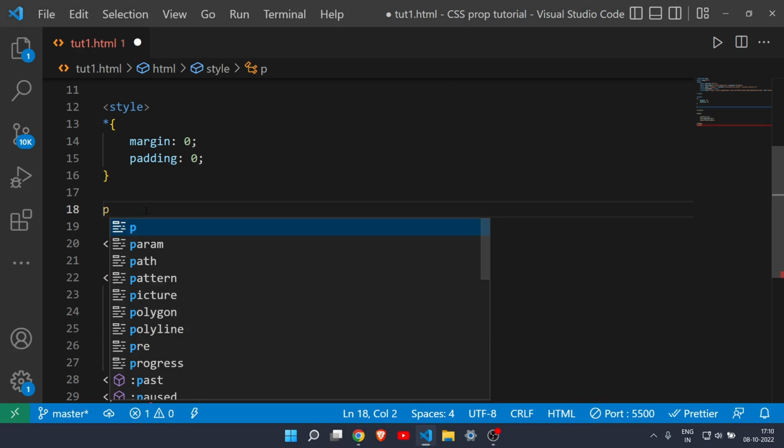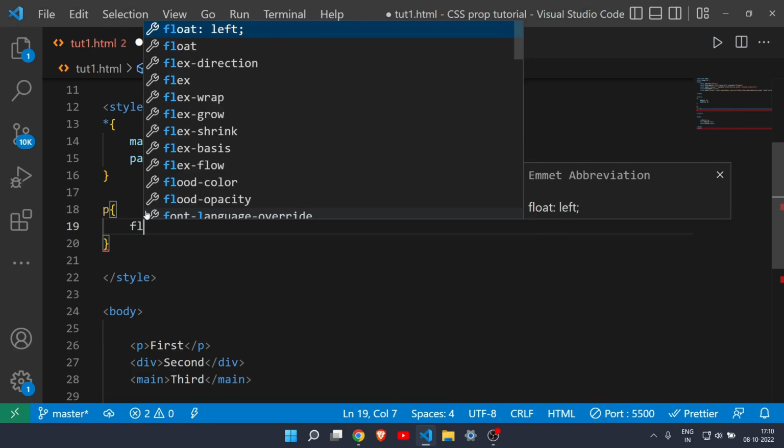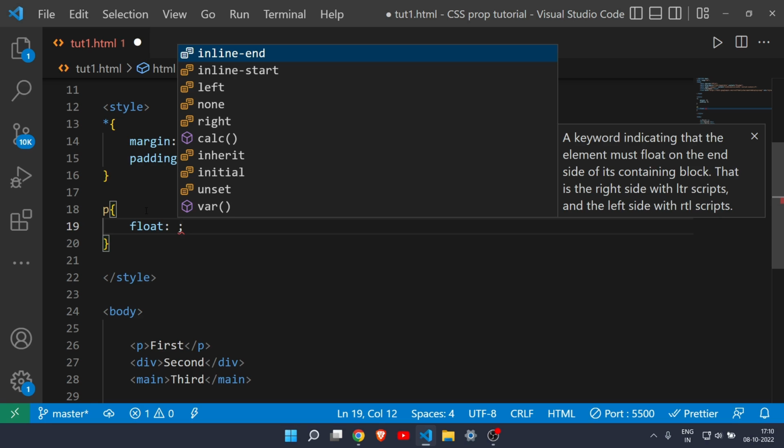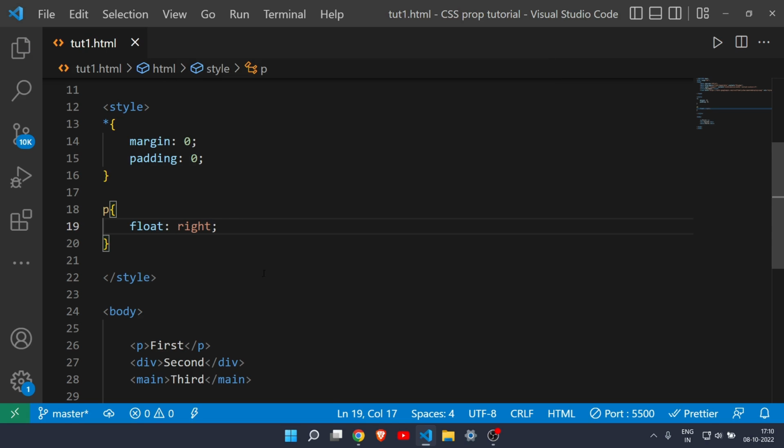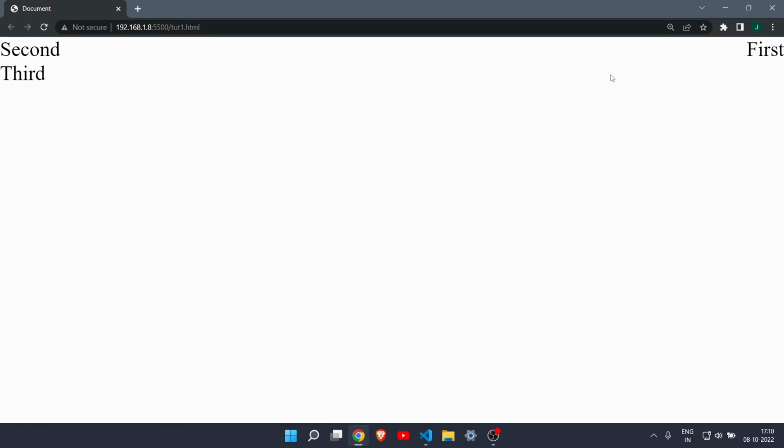So I will just target the p tag, and inside this I will write float. A float is a simple property. Nothing advanced here, and you can see here right and left, and none. So if I choose right and save it, you can see here the first is